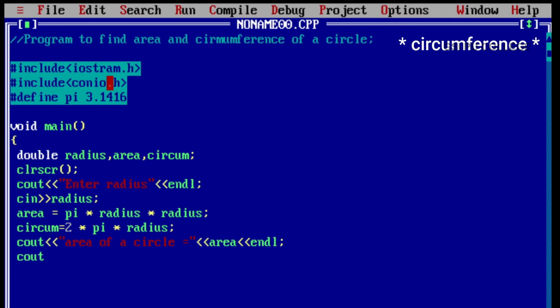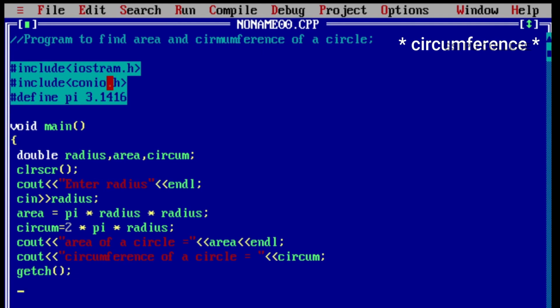Similarly, we have to print circumference of a circle equals, close the quote, with the operator, and the variable is circum, semicolon. Next we have to close with the getch input function.